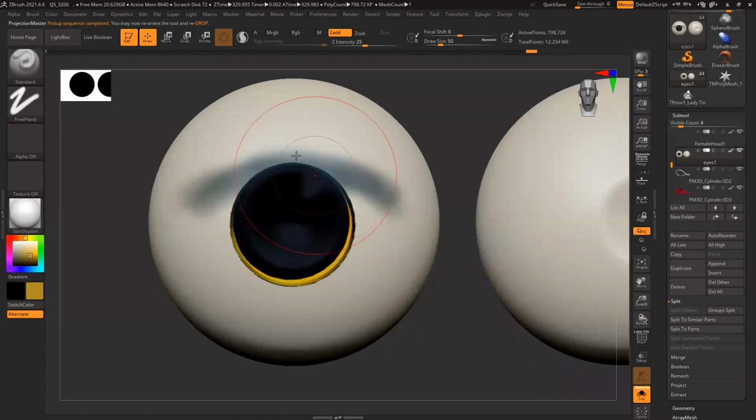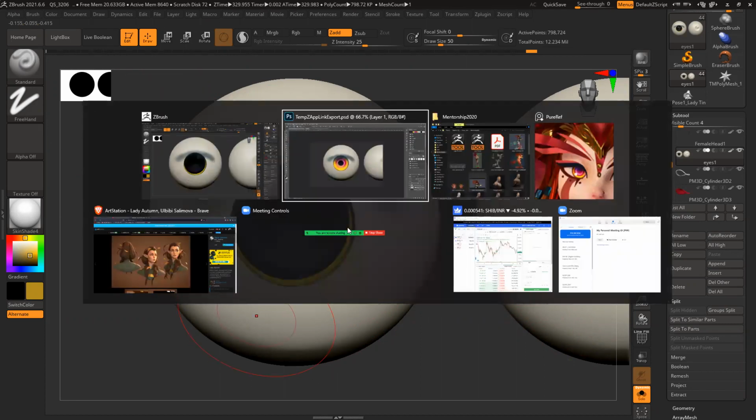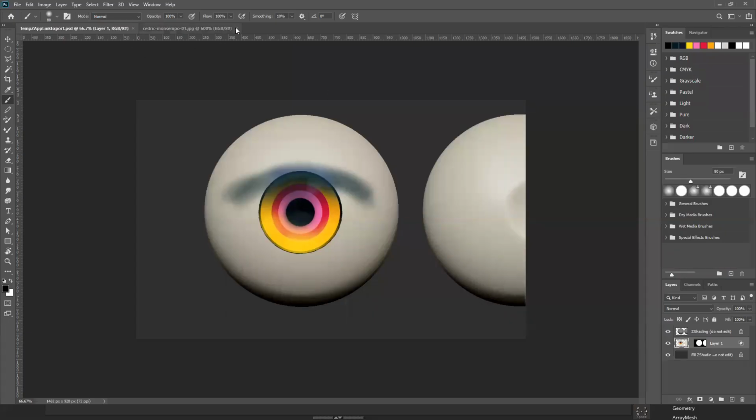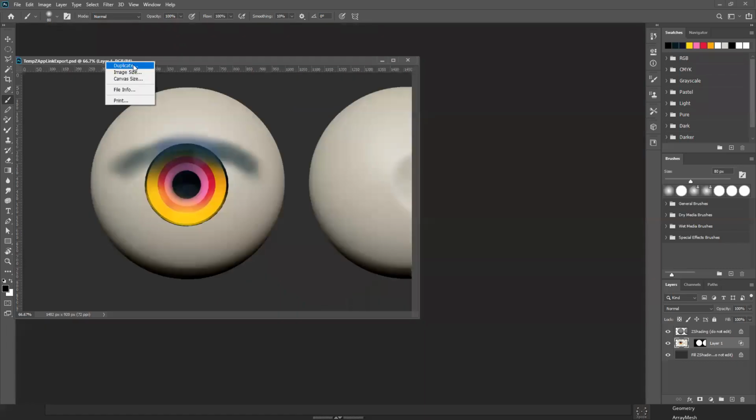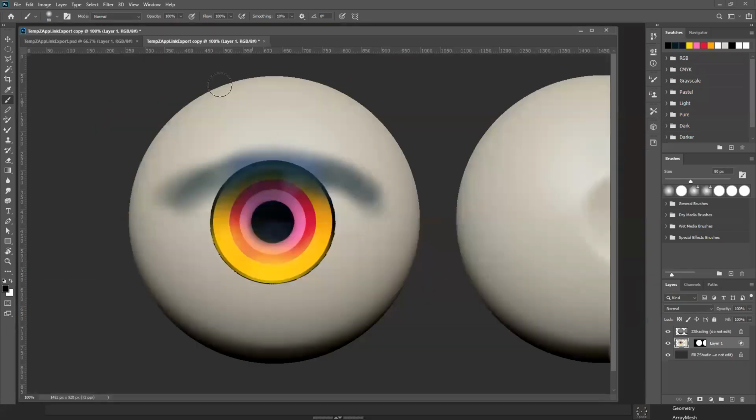What happened here? It projected, but it created some issue. One sec. Okay, I guess I painted this thing. So I'll just simply duplicate this thing to keep it restored.